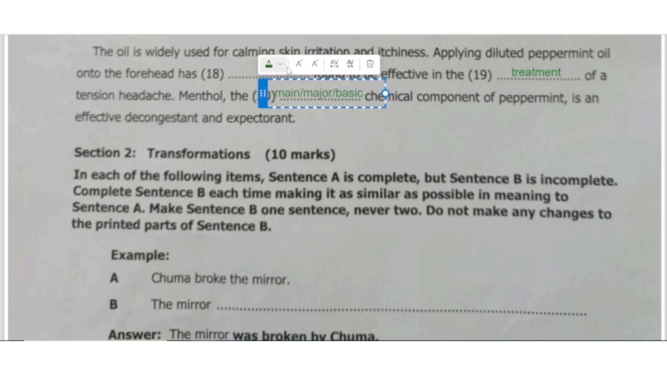Okay, let me just reduce them a bit. Okay, so these are the 20 answers we are supposed to write. So here you can pick any. Okay, now once you have done this, we go to the next one, which is transformations, which also carries